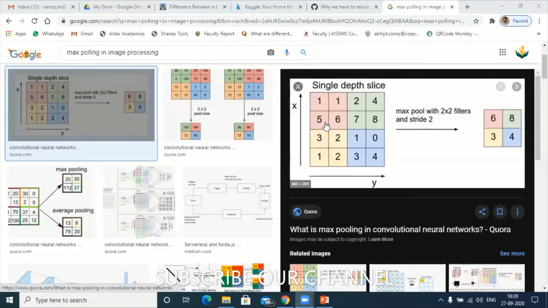Understood? Next, let's say average will take a lot of processing time. So what we can do is take the minimum value and the maximum value and divide by 2. Or instead of that, I can take the median also. That is also possible. Understood? So this technique is called the max pooling technique, and it completely depends upon your strides, how large a matrix you are taking.